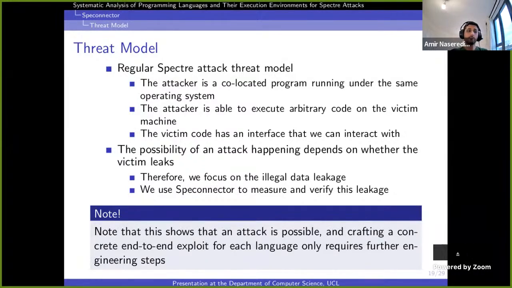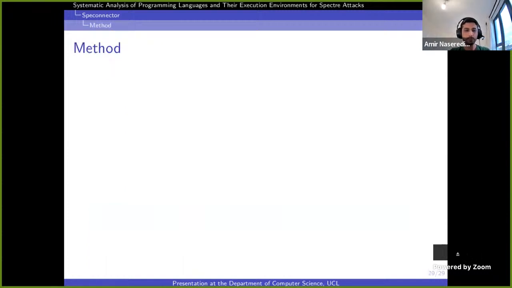Once Speconnector finds the leakage, having an attack in a very specific way for the program language, implemented completely inside that language, is just a matter of engineering, of having code inside that target language.